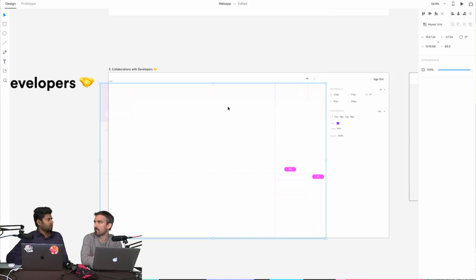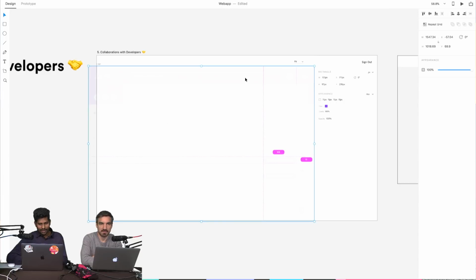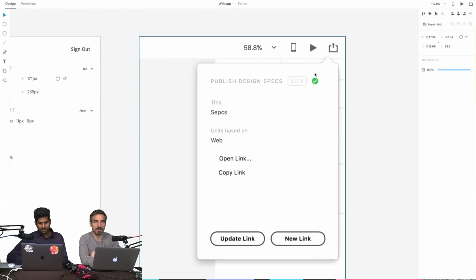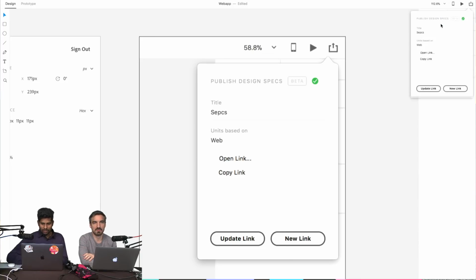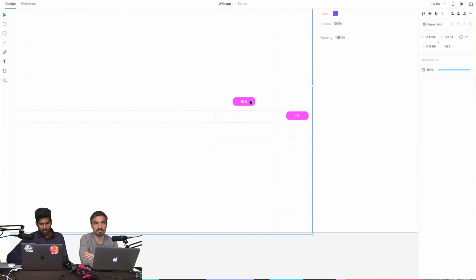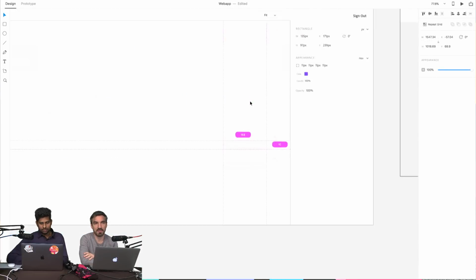It's so tough for me to give each and every icon in a different resolution. Now I feel like I can just publish a link here, with the new design specs. I can go and click publish design specs. I'm done. If I click send or open or copy link and send it in Slack, they can check what button size he made, from the top this much length, and he knows the typeface, the colors, everything.